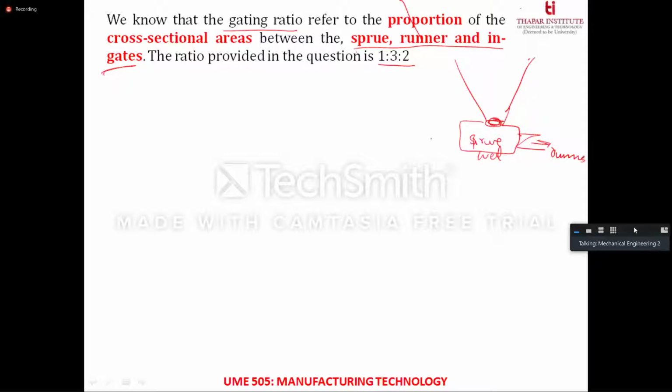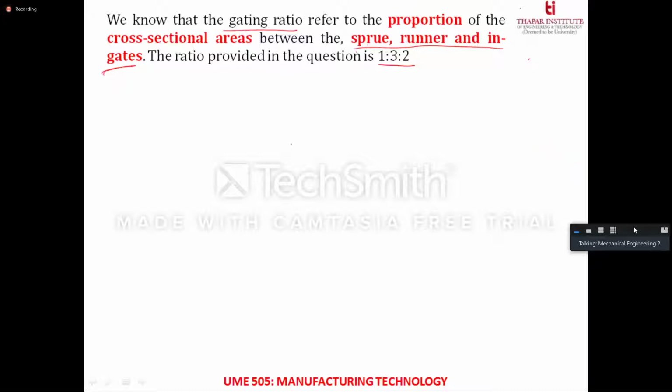So this section is actually the choke area. This section and this section is actually the choke area. So whenever you are talking about the area of the choke, you are actually referring to the area which is in between the choke and the sprue. Okay? You are always referring to this area. So now that area will be taken up for consideration and will be utilized for further calculations.